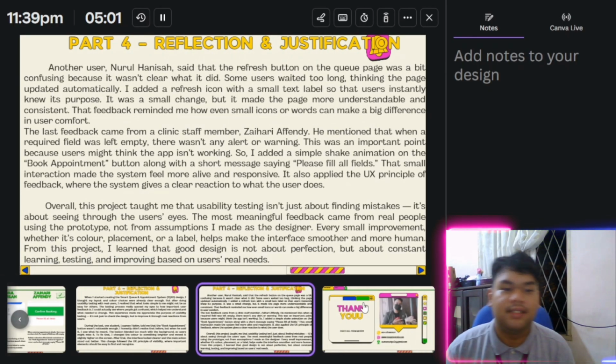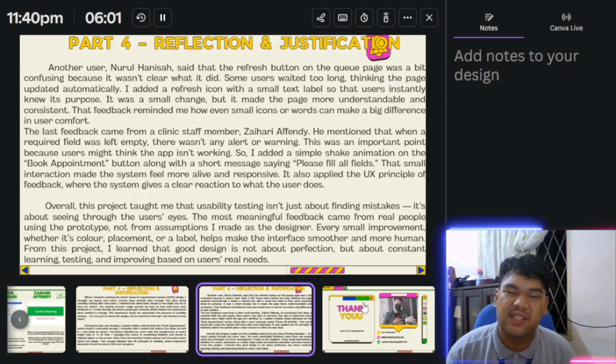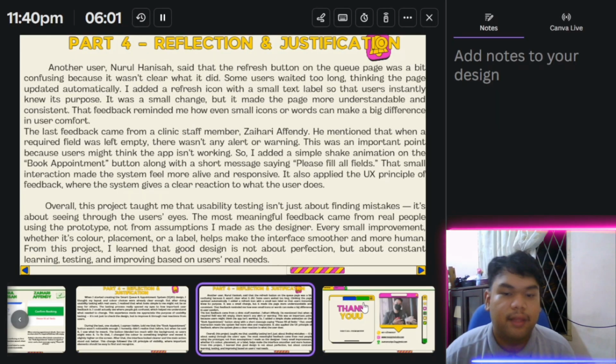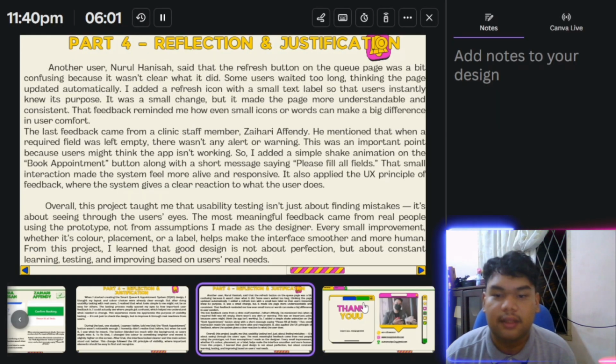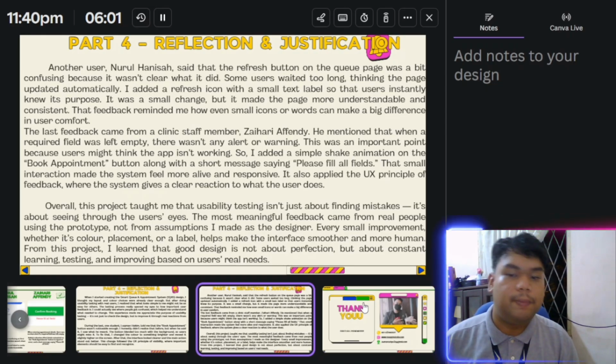Another user, Nurul Hadisa, said the refresh button on the queue page was a bit confusing because it wasn't clear what it did. Some users waited too long, thinking the page updated automatically. I added a refresh icon with a small text label so the user is told its purpose. It was a small change, but it made the page more understandable and consistent. That feedback reminded me how even small icons or words can make a big difference